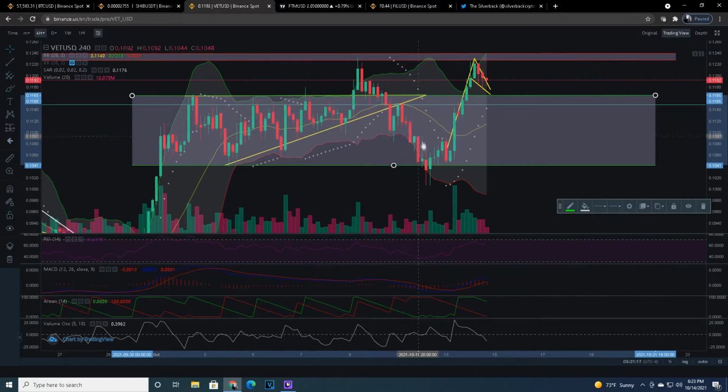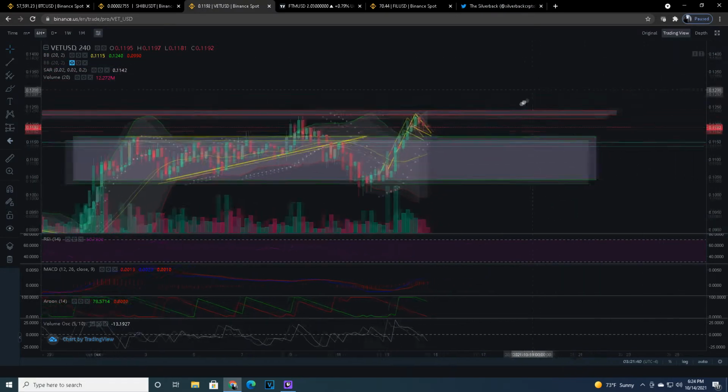Now we came all the way back through it, wicked out of it, and then went right back into it. And once it went in and retested this bottom, I was able to get back in near the bottom of here and push all the way back up. Sold again. Now I'm looking to see if we can break this out and break through this price line and